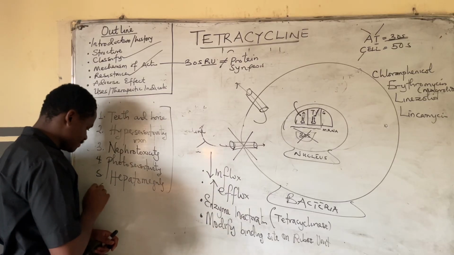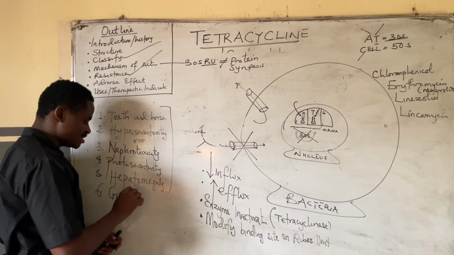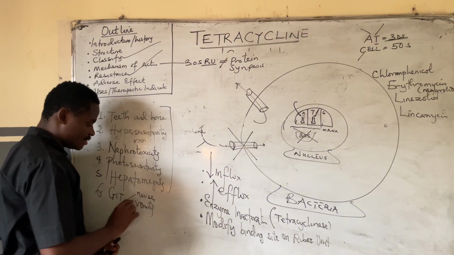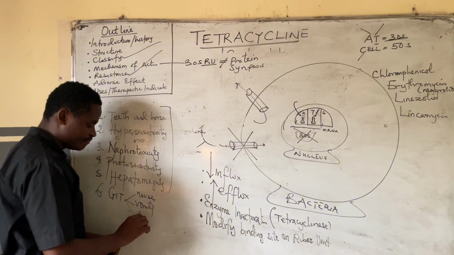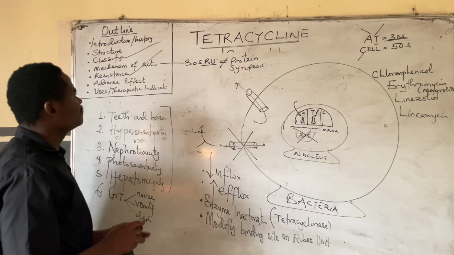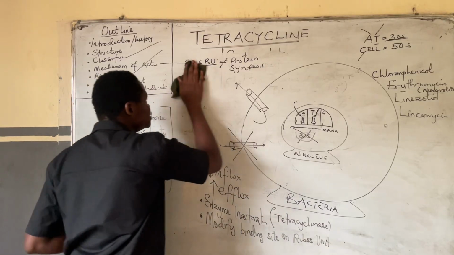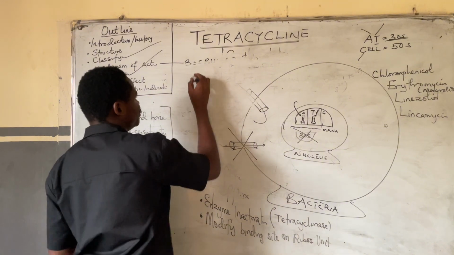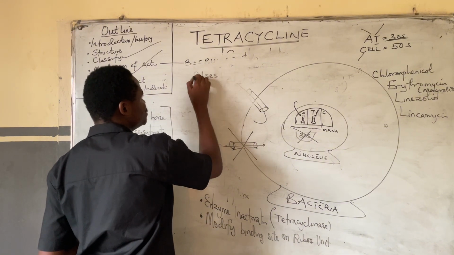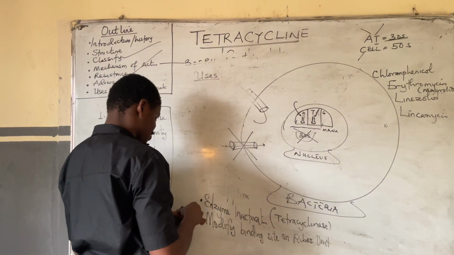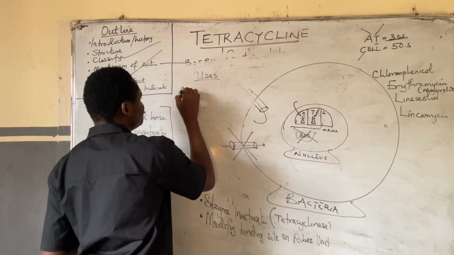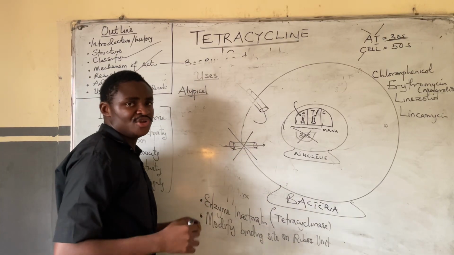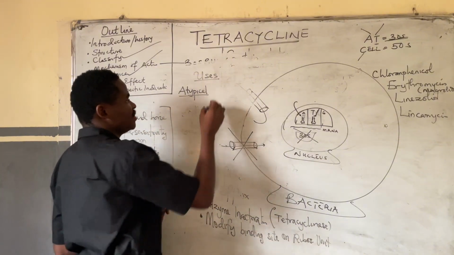For the GIT, it will cause things like nausea, vomiting, diarrhea, etc. Okay. Now, what are the therapeutic uses of tetracycline? What have we used tetracycline for? Number one of the uses is for atypical microbacteria. It has been used for atypical microbacteria, but atypical do not follow the usual gram staining. Those bacteria that will not follow the usual gram staining, you have the likes of